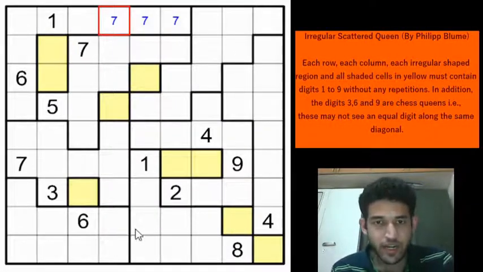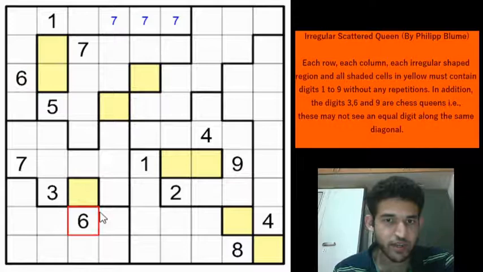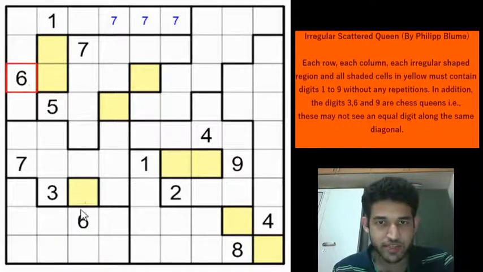Right. Let's maybe start with 6 as the chess queen and try to see if we can restrict the possibilities of 6 in other rows, columns and regions. Why I am starting with 6 is because there is only 1 3 and 1 9 and we have 2 6. So we have 2 of 6 chess queens, so it makes sense to start with that digit. Now we will use a color to highlight the cells where the 6 cannot go. Let's use blue for example.